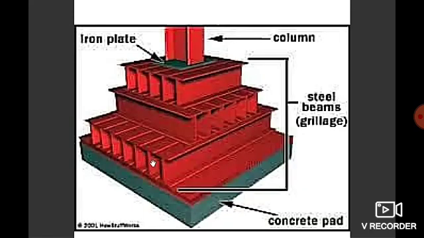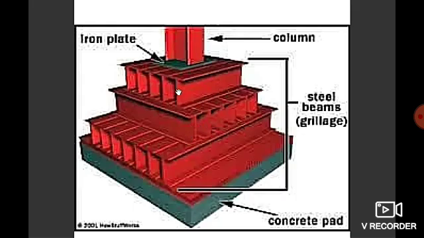We'll show the picture now. This is the grillage foundation. These are the tiers of beams, and steps. This is the column, and this is the base plate. Below the base plate, in other cases, there would be directly concrete. But here you can see the tiers of beams. Between the slab base and the concrete, beam tiers are seen, one after the other, continuously.